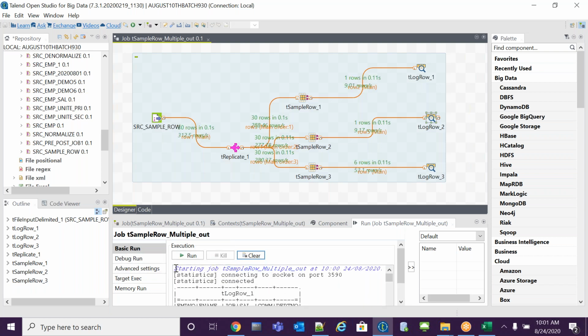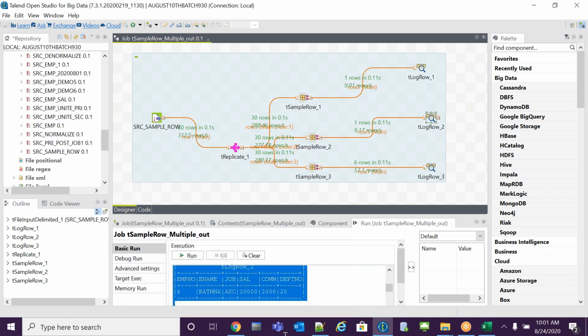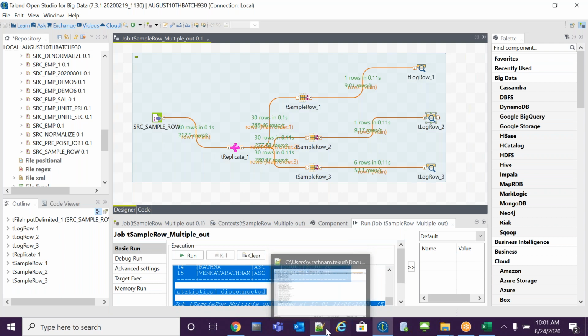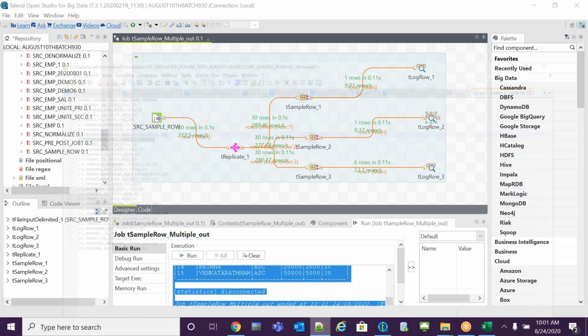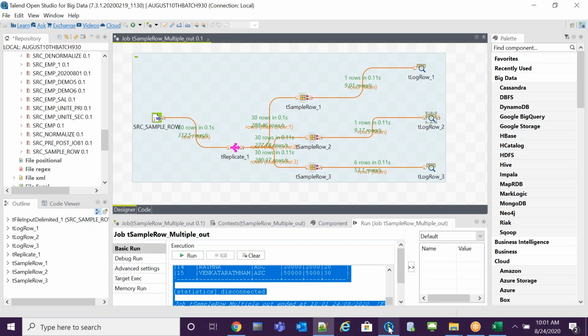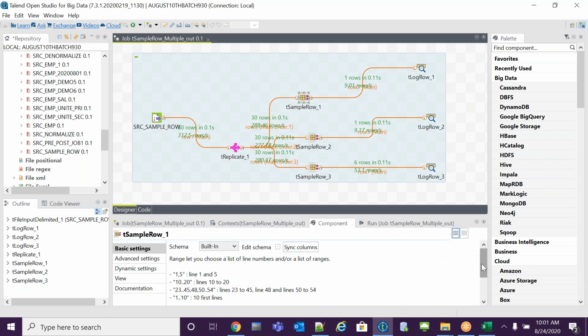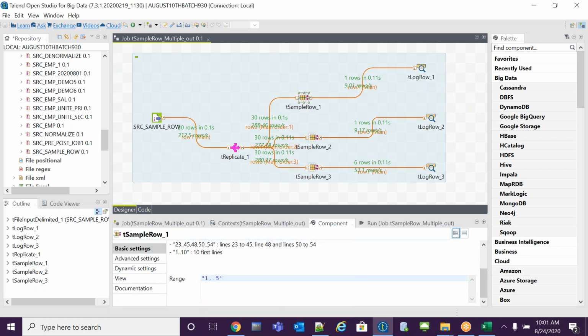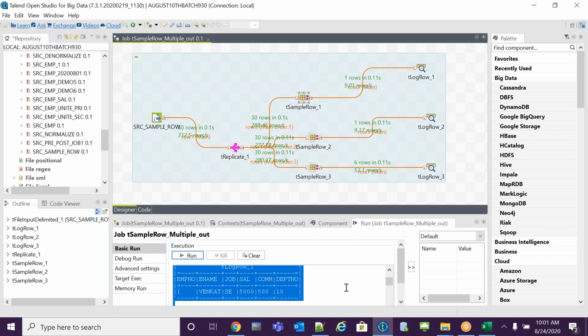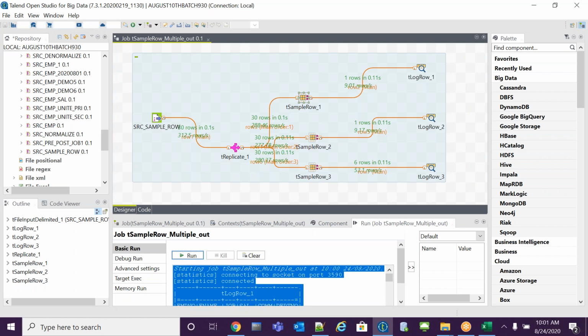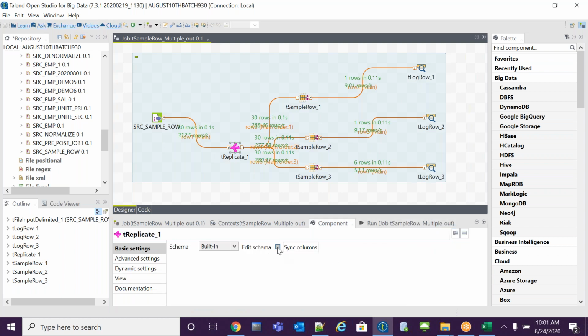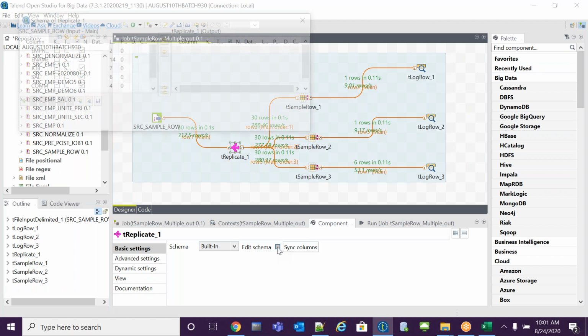Let me check. I'm copying the output and pasting it. See, what happened? One second, guys. 1 to 5 is perfect, but why are the others not coming? Go to the tReplicate, edit the schema and check it.